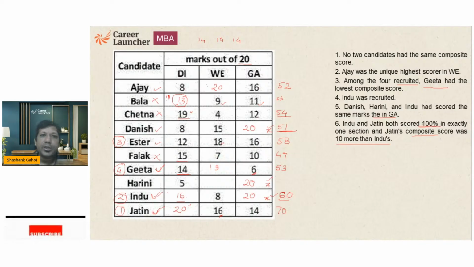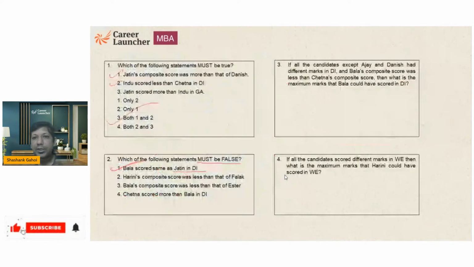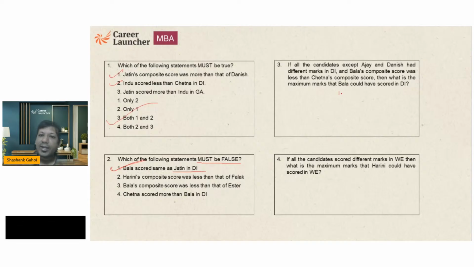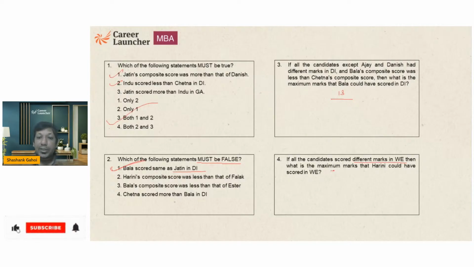So that is going to be 13 twos are 26 plus 20 is going to be 46. And no one has a score of 46 so far. It means this is a correct number. So what is the highest possible score for Bala in DI? That is 13. Now, next one, if all the candidates scored different marks in WE, then what is the maximum